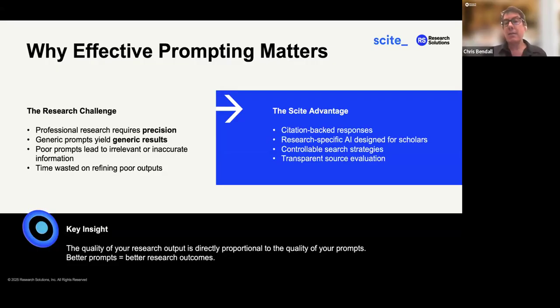With Scite, there is a clear advantage because not only can you use the power of large language models, but it's also able to provide you with transparency on where the information is coming from related to your prompt, and allow you to quickly see exactly which text the output was generated upon. If we look at the next slide,